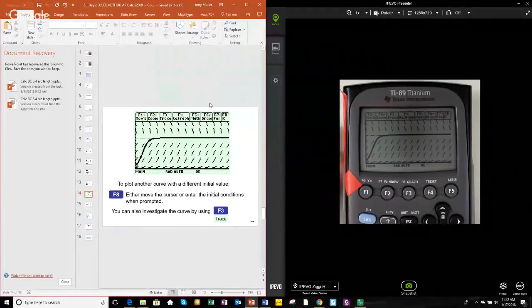All right, so let's hit F8, which is up here. Do you see it's above the graph key? So we're going to go second, F8, and it says initial conditions. And let's say we want one that passes through t equals,